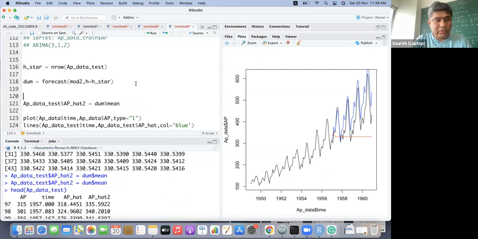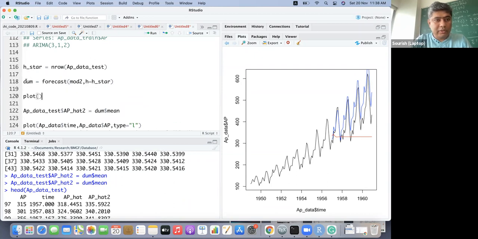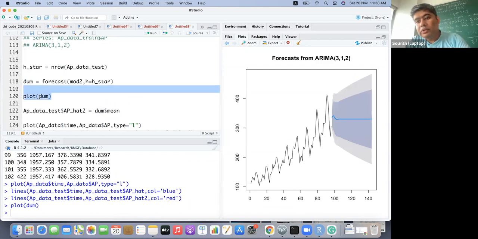Let me just do the direct forecast. Yeah, so they are just predicting a completely flat surface with a very big range. This is typically the forecast that AutoArima is giving you.